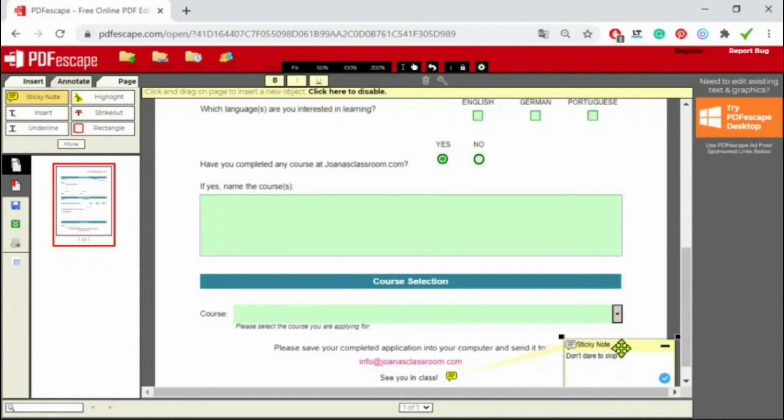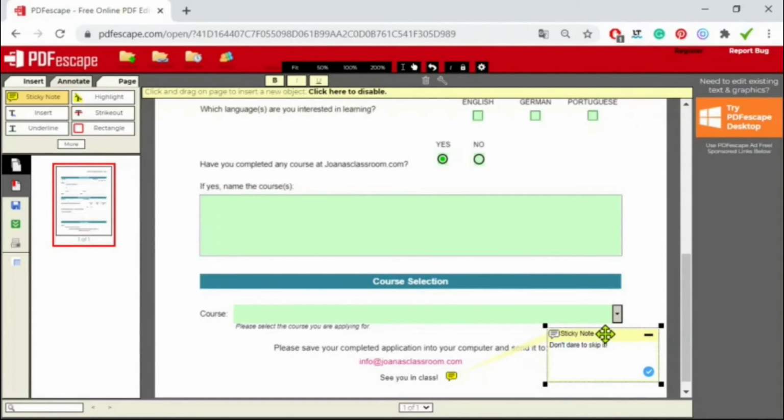Let me drag the annotation box here. Okay, this is a good spot for it. And now I'm going to click this minus symbol here, and when you click it, the box will close. It will still be there. Whenever you click on the sticky note, you will still be able to see the annotation or comment that you wrote. You can add some information to the sticky note.